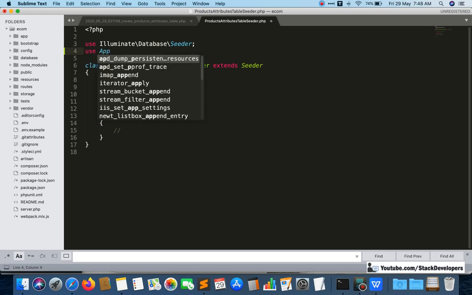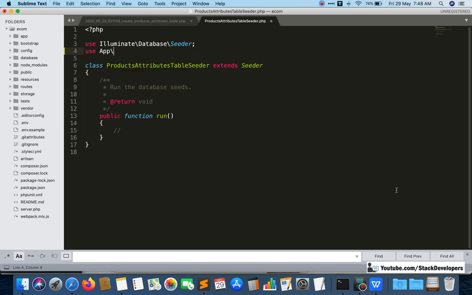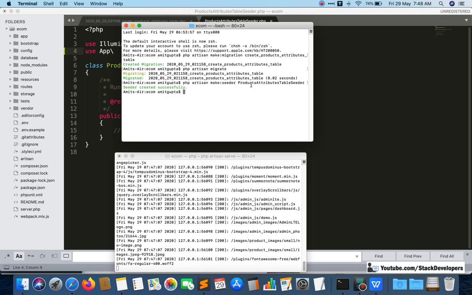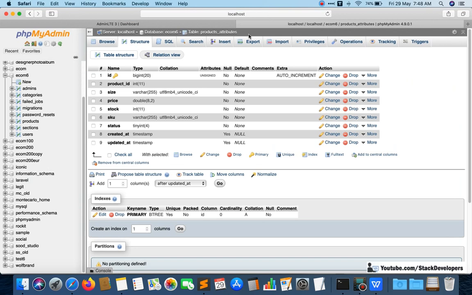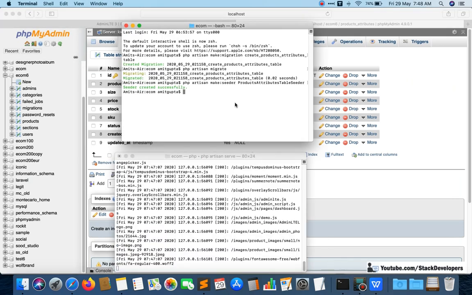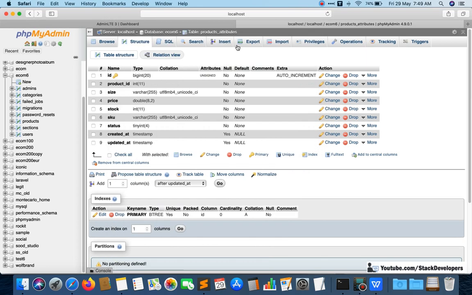We have not created the model, I think, so we need to create one model for our table. php artisan make:model, and the model name will be ProductsAttribute, because our table name is products_attributes.